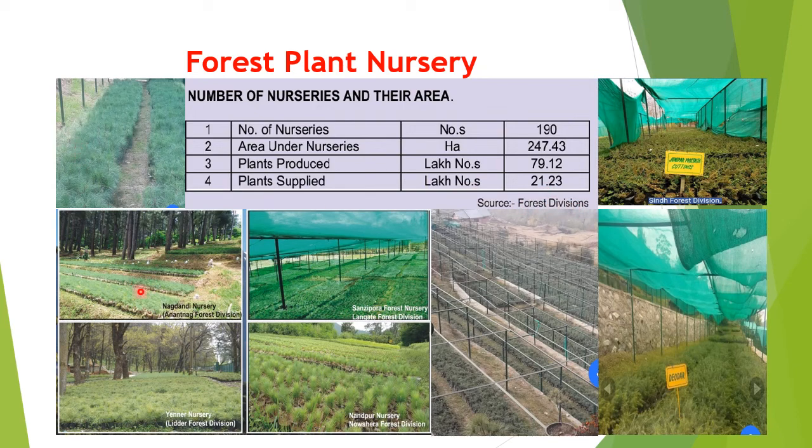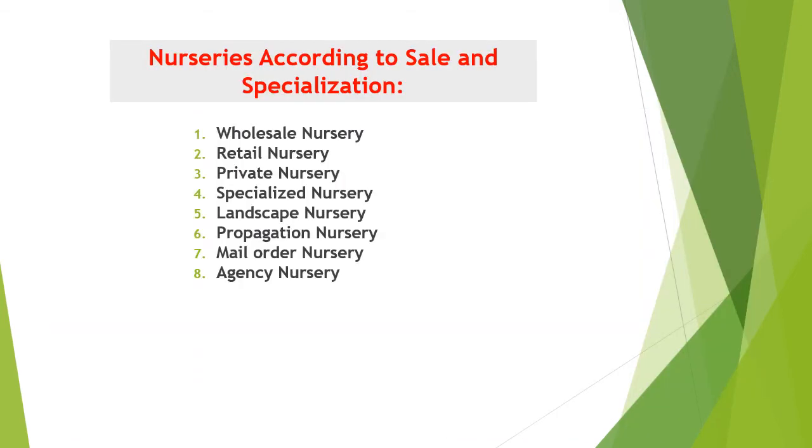These are the different nurseries. As you will see, these are coniferous nurseries, growing pines, deodara, and others. These are the protected nurseries. So these are the different nurseries: Sindh Forest Division, Deodara Nurseries, Nandpur Nursery, Naushera Forest Division, and this is the Lidar Forest Division. These are the nurseries which are being run by the government agencies, and the aim is to provide the saplings for forestation as well as afforestation.